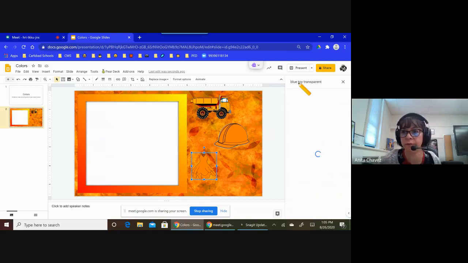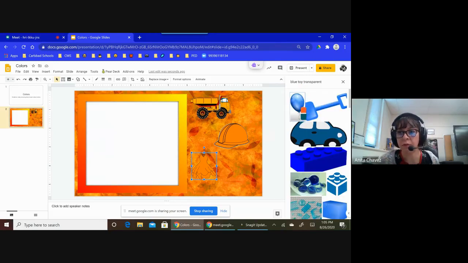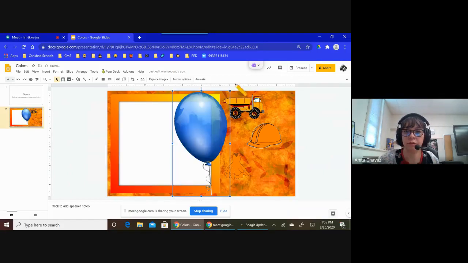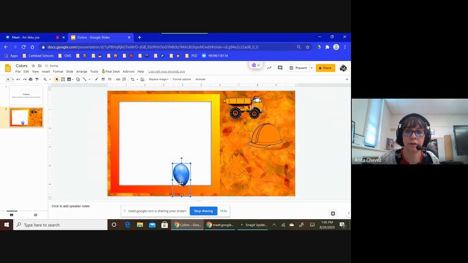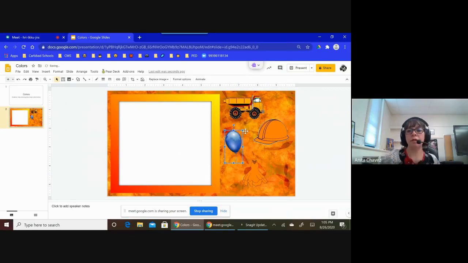I don't know what. There we go. A balloon. So they have a few objects to choose from. So that's how I put in my objects. That's how I put in something like this.